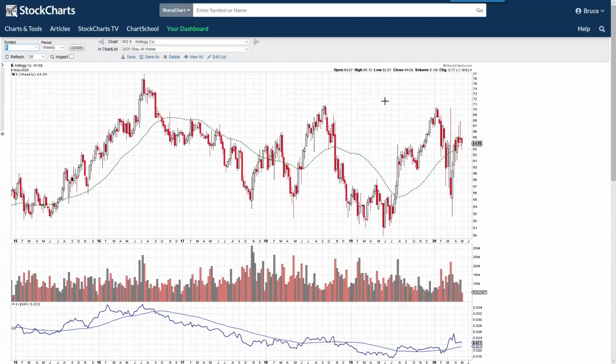Kellogg, big reaccumulation area here, starting back in 2017. It's attempting to potentially complete that. This is a really nice liftoff of a higher low. Relative strength is now in gear, something that generally was not in place back to 2016. Now Kellogg has a